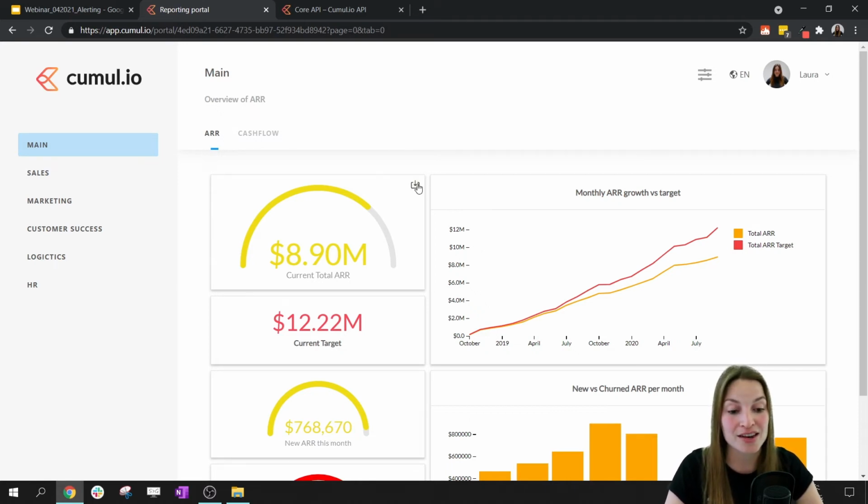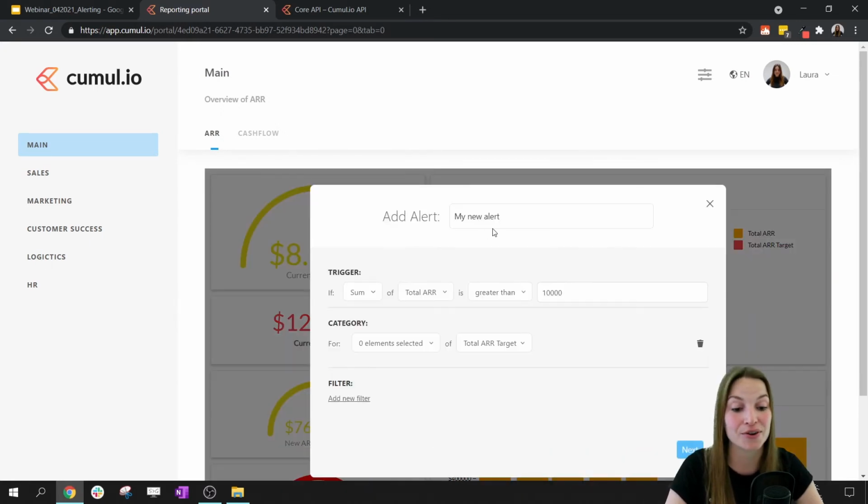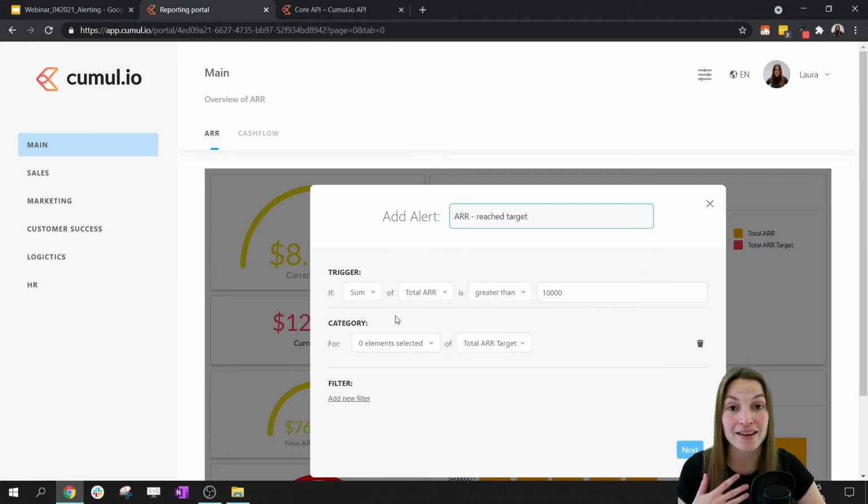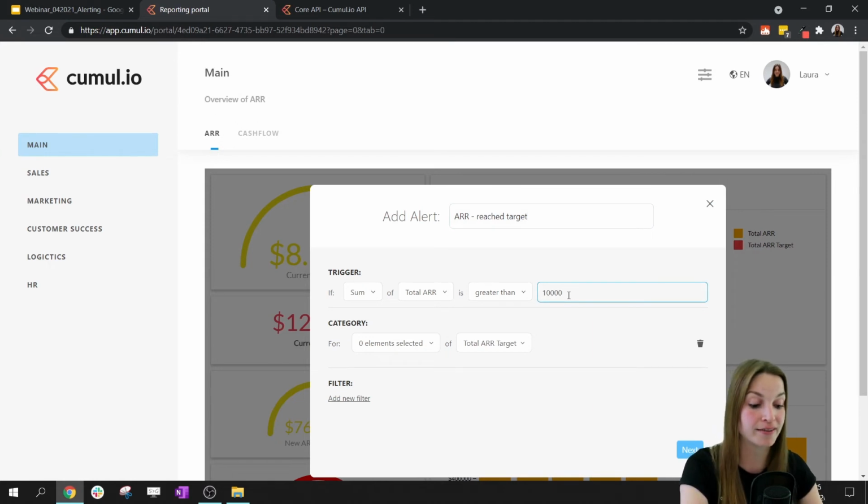So here you have the download button. This is, by the way, the same for activating an alert in a dashboard editor and also for integrated dashboards. Then you just click this little icon over here and choose to set an alert. And what you can do is give the alert a name, for example, ARR reached target. Here you can choose a trigger. So in my case, I want to have the sum for the total ARR if it's greater than 10 million,